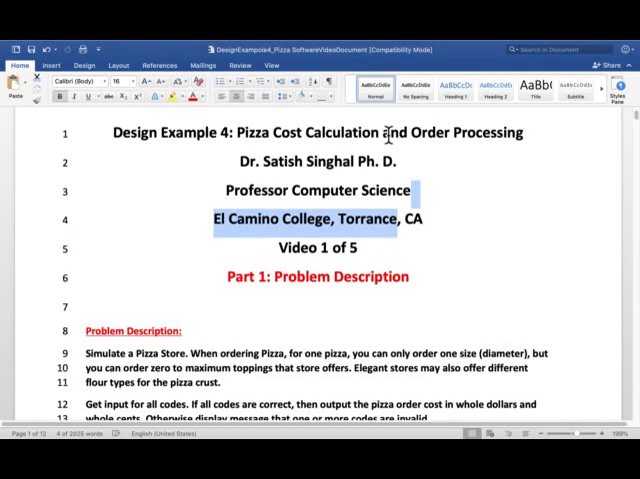We're going to do 5 videos, and the reason for doing 5 videos is just to keep each video short, so that you can also understand each video and then move to the next one. So first of all, I'm going to describe the problem. Understand that